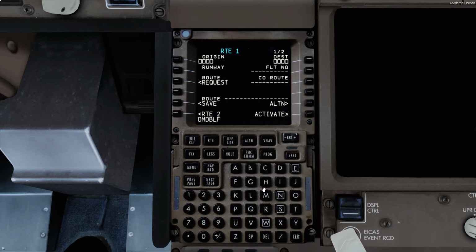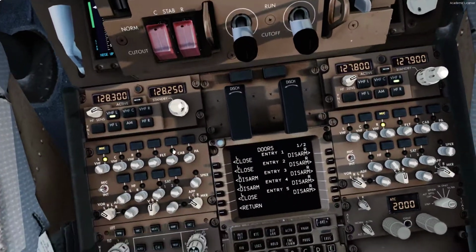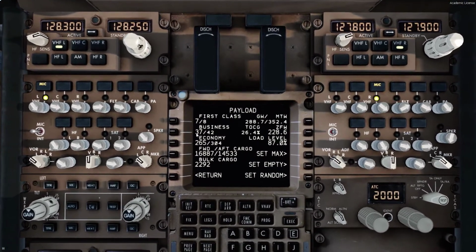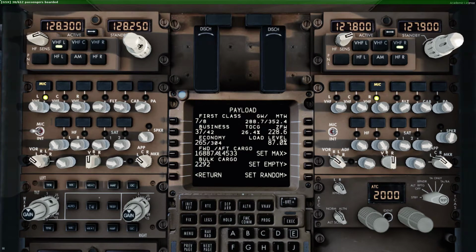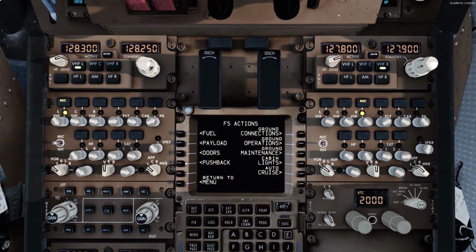I've always had trouble with AI at this airport. This airport by FlightTemper is extremely old, and actually you can see that's a good update. I don't know if you saw that. I just saw 14 passengers boarded out of whatever it was. There you go. And 262. I don't know if that's because I did the weights after it. I don't know if that's correct now. It might be. Doesn't sound right actually. And there isn't actually enough seats to do that many